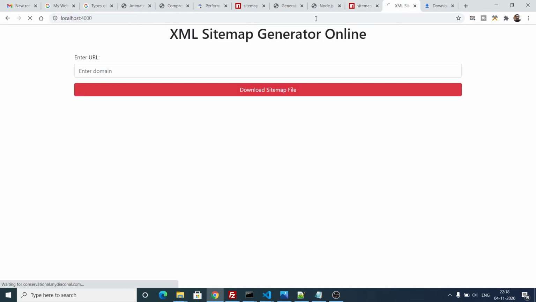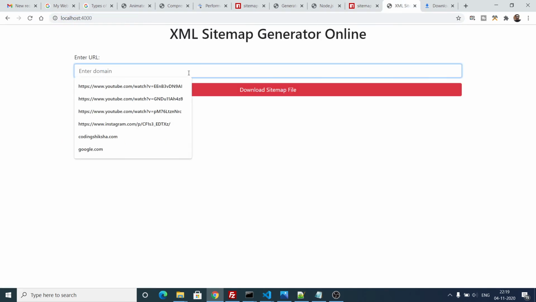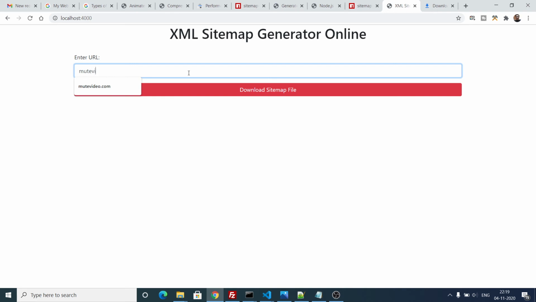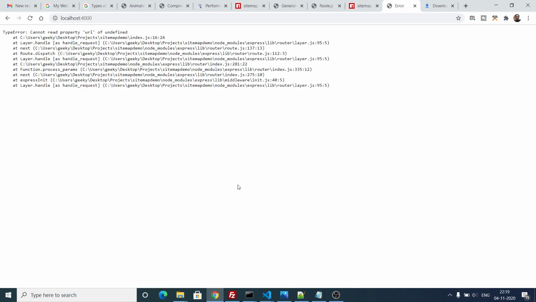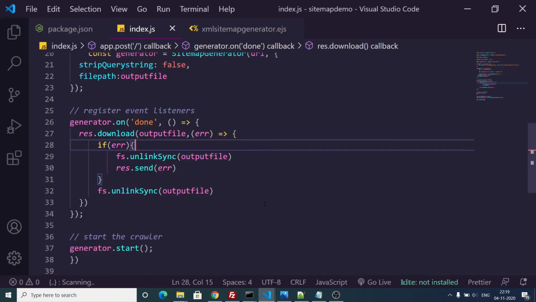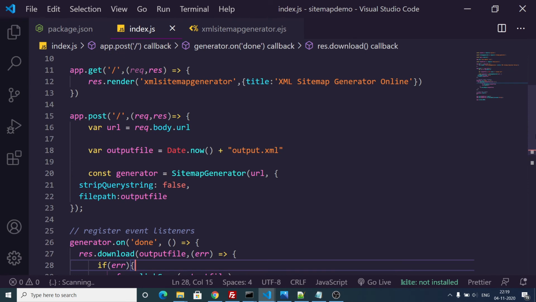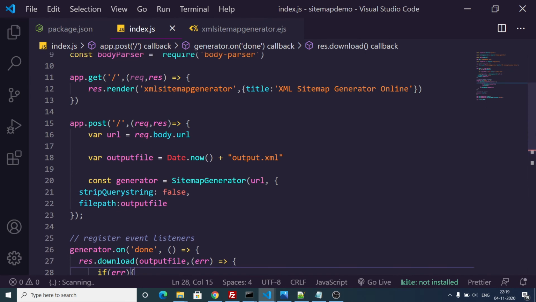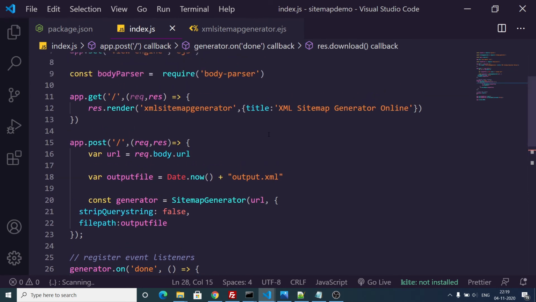If I refresh here, and let's suppose I enter mutevideo.com and click download sitemap, oh sorry, cannot read property url of undefined. So I think we have made a mistake here. request.body.url.